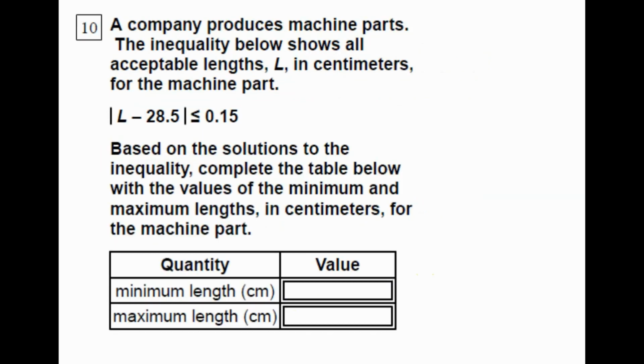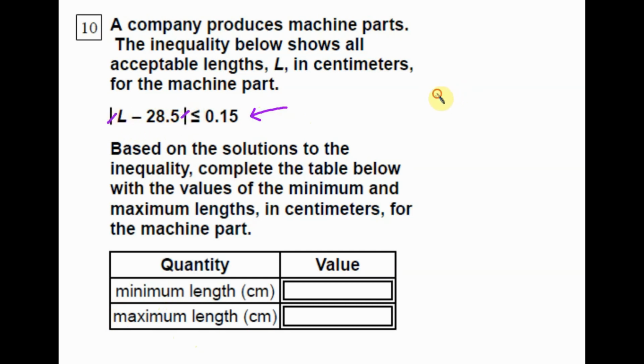Number 10, please read the situation. This must be a review from the last chapter. I just put 2 questions regarding inequalities. Simply, what they're asking is to solve this to find what your minimum length is and what your maximum length is. In order to solve this, since I have absolute value, if I want to take this out,